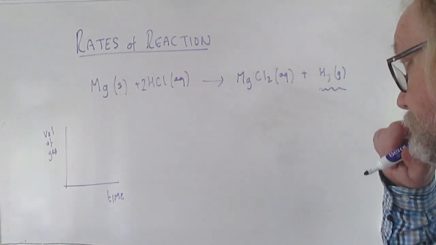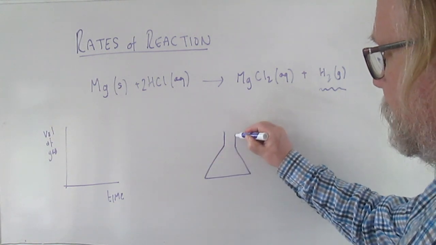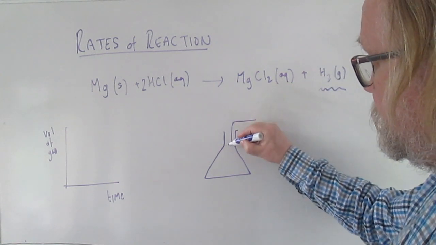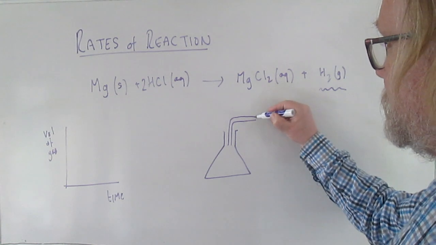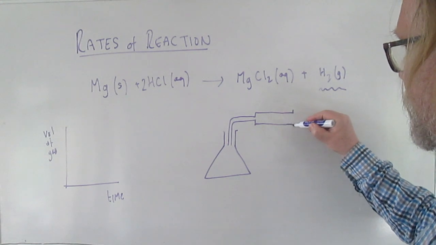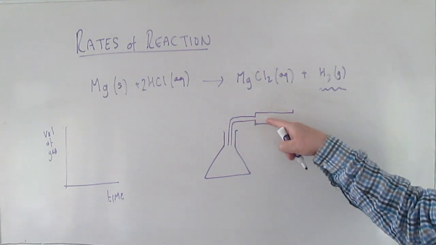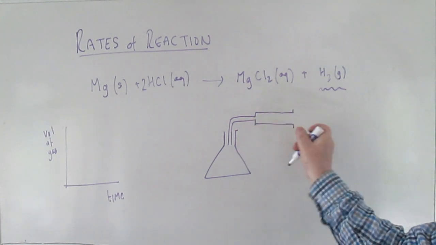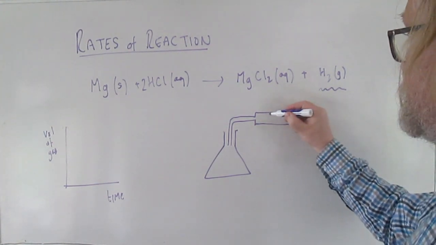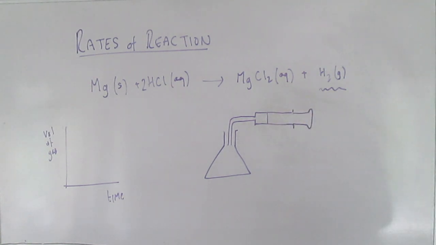So for example, you could have a flask like this and a delivery tube coming out, which might be connected to a gas syringe. A gas syringe is like a normal syringe, but it glides very smoothly so that the gas remains at atmospheric pressure rather than pressure building up and then jerking as would happen with a normal syringe. So this would be your gas syringe here, and this would be a reasonable way to follow the rate of